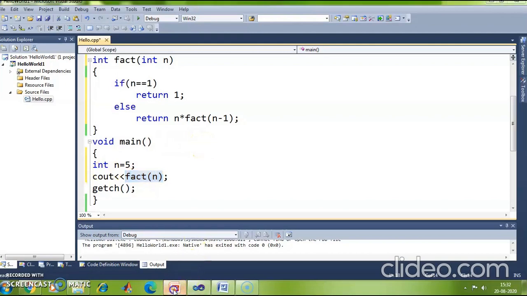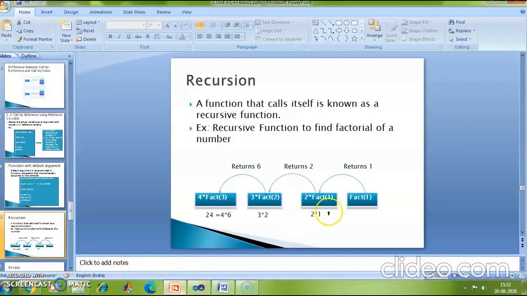So if you see how this function works, imagine I am calculating the factorial of number 4. How will I calculate factorial of number 4? I'll check whether this value 4 is equal to 1. It's not equal to 1. So it goes to the else part and then returns 4 into factorial of 3.